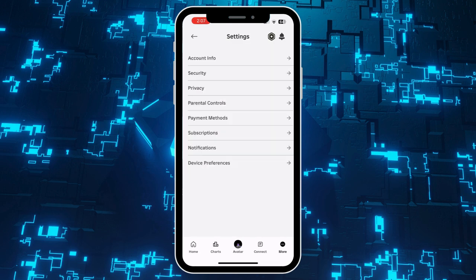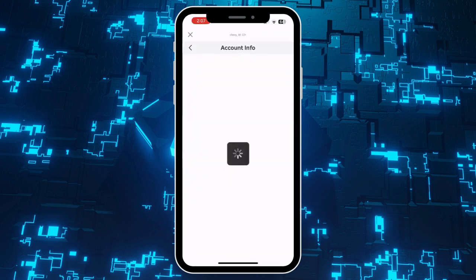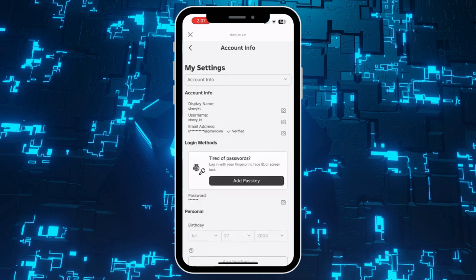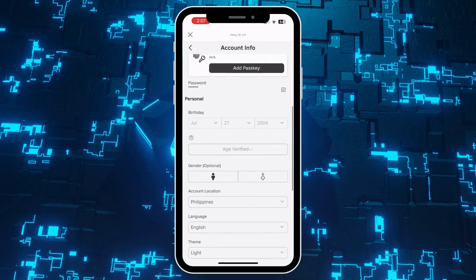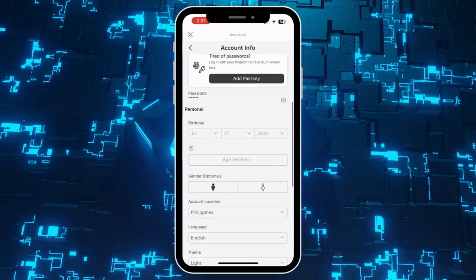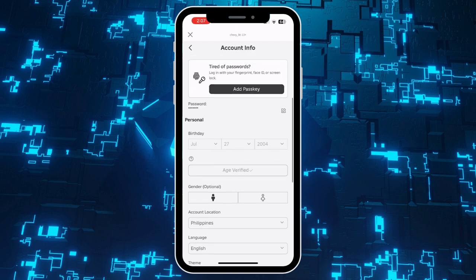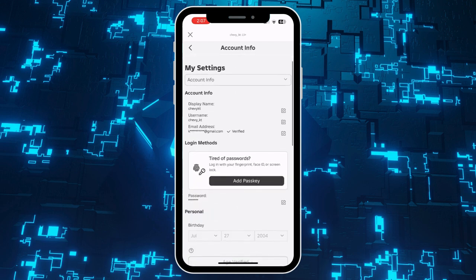Simply click on that. Then go to account info here at the top. Then wait for it to load. Once it's all loaded up, just simply scroll down till you see the personal page right here. And as you can see, my age is verified. So first, you need to verify your age first, and once your age is verified, you now go up again